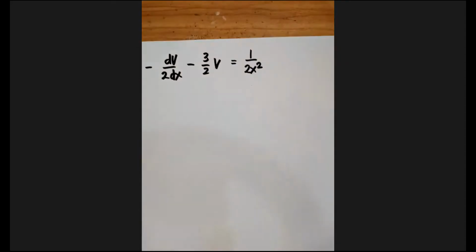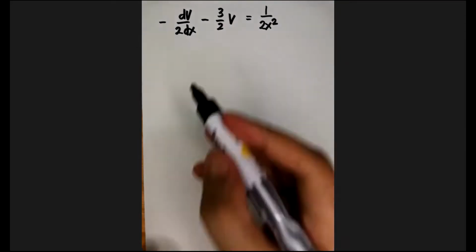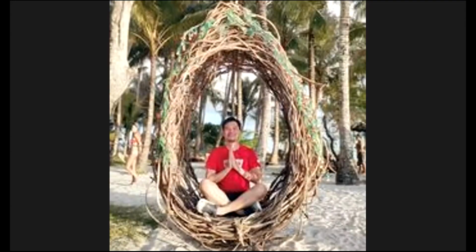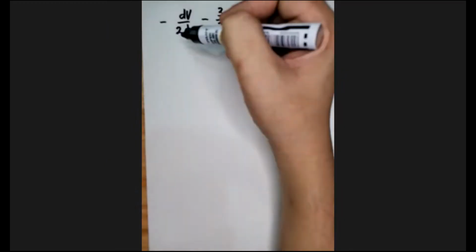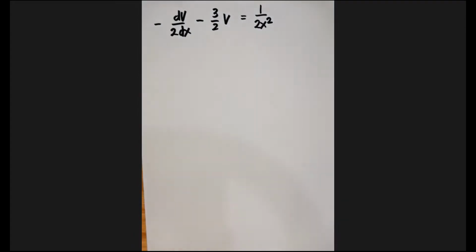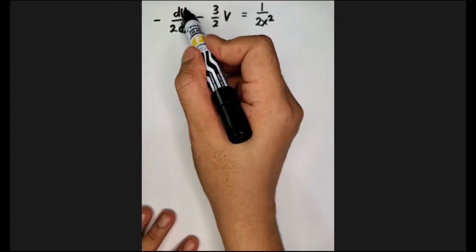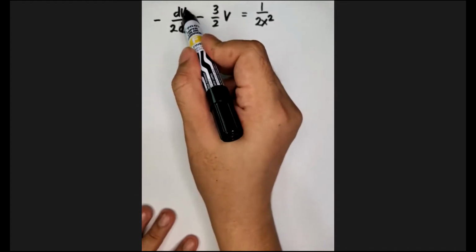Okay. Next. So let me remove this. And then, let's focus on this one. So ang target ngayon natin dito, dapat matira yung dv over dx. Okay, so dapat mawala yung dv over... Kinancel ko na. Dapat mawala yung dv over na matira lang dito is dv over dx. So dapat mawala yung